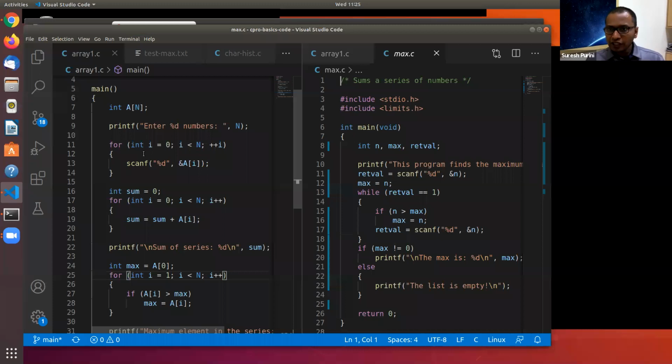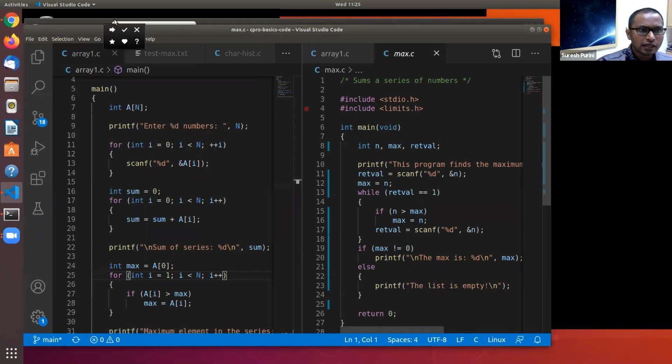And also one more thing I want you to make a note of. The memory required by the first program is proportional to n. That is, as the number of elements increases, the memory requirement changes accordingly, but the memory requirement here is constant.